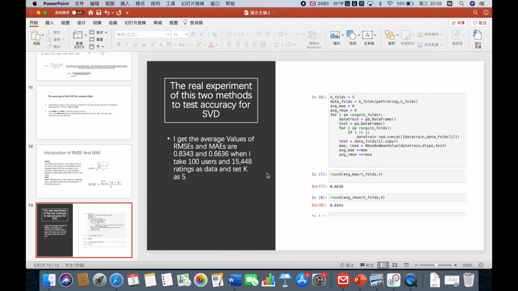You can train it 5 times. So you can finally find that the MAE is 0.66 and the RMSE is 0.83. So we know the value of them. If they are small, they